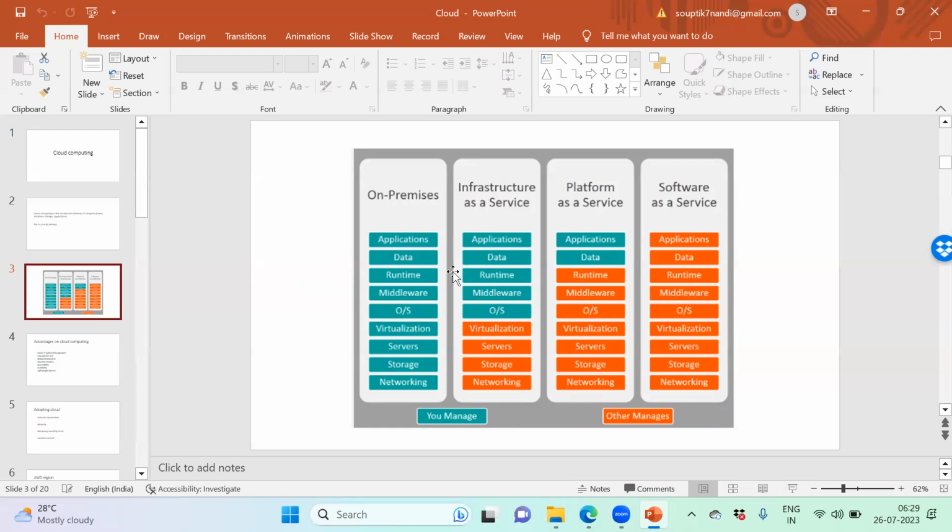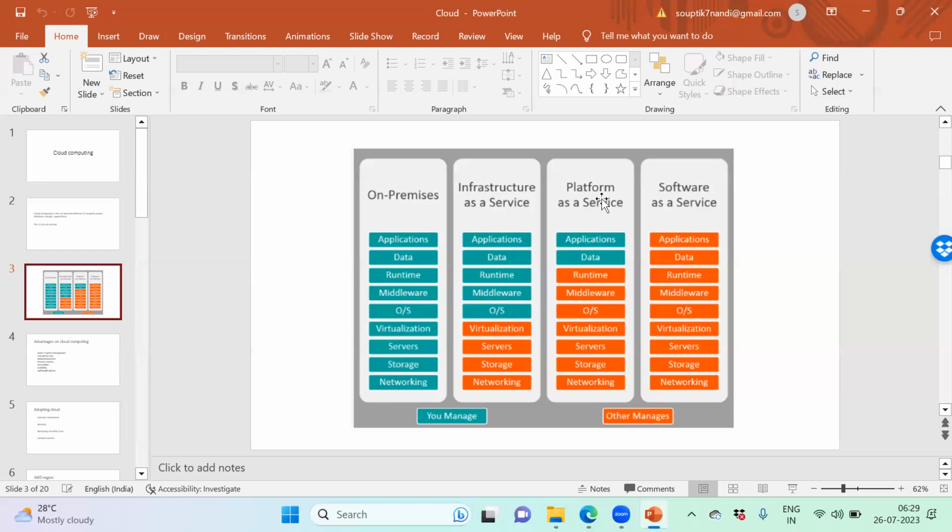Then you need to maintain the data, the middleware, and the particular application, meaning the software that you installed. Suppose you installed a software called Tableau there. Tableau is then supported by you. Suppose you need to install a higher version on the same server. You have to uninstall this Tableau and install it again with the higher version. So for infrastructure as a service, the cloud will provide these four things and you need to maintain the rest.